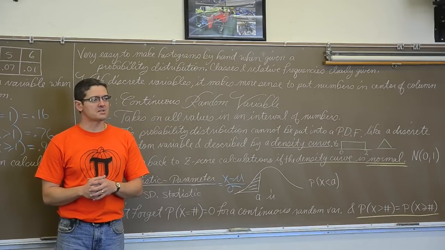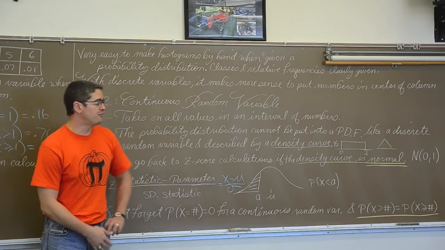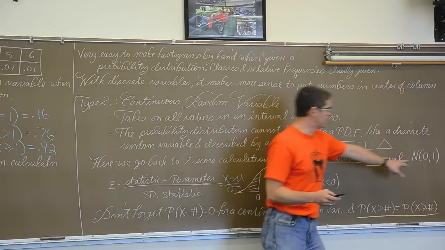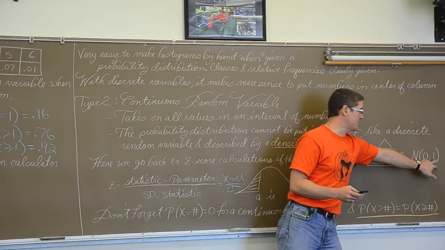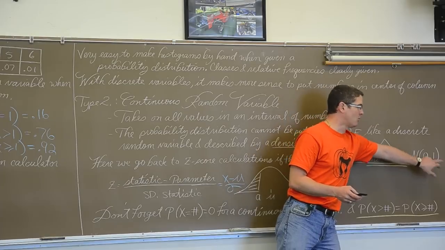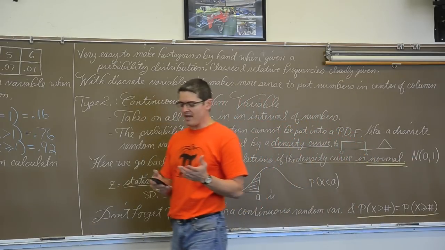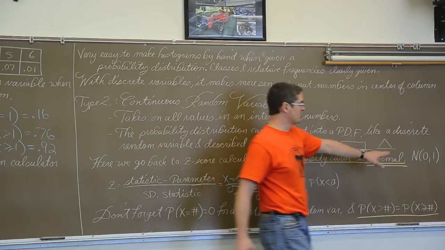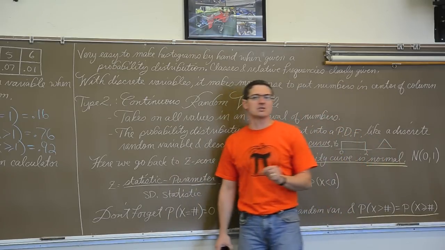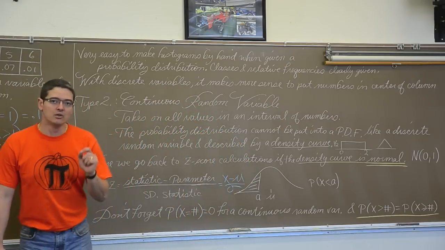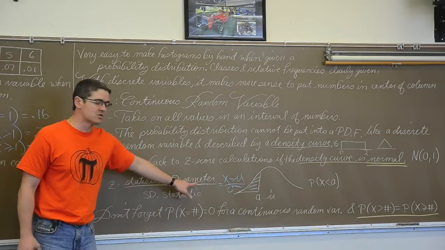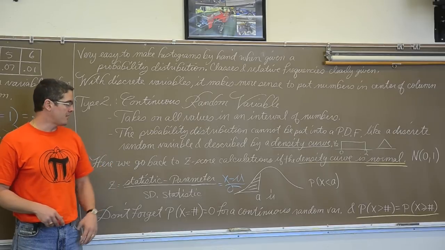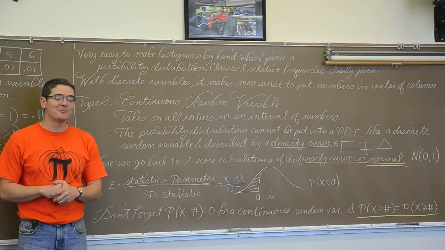Don't forget that your number summary for a normal distribution is the mean and the standard deviation. So when you see capital N(0, 1), well, the capital N just means that you have a normal distribution. And if you have a normal distribution with a mean of 0 and a standard deviation of 1, that's the standard normal distribution. That is the distribution of z-scores. That's the z-score table in the front of your textbook that you use every time you calculate the z-score.